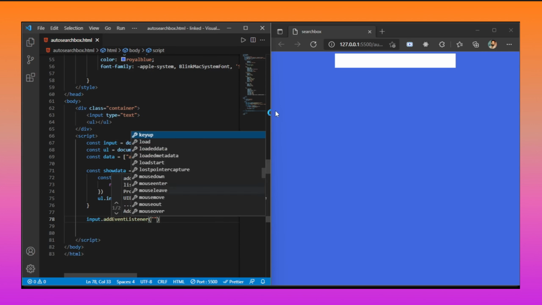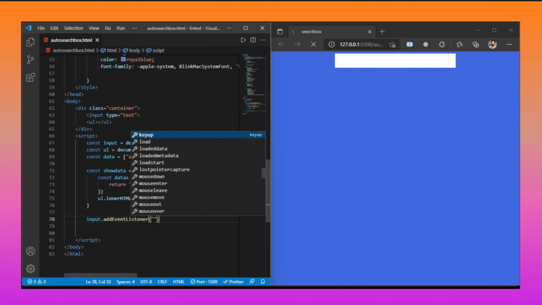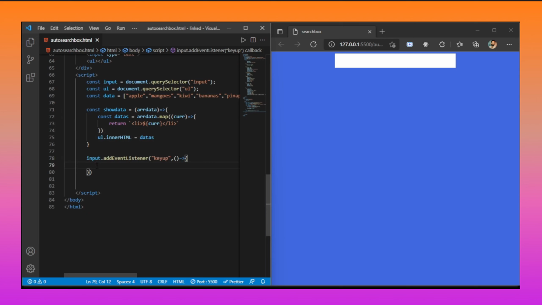If somebody presses a key and writes something, so directly we need the key up event, and write the callback function. So we are almost going to run it.